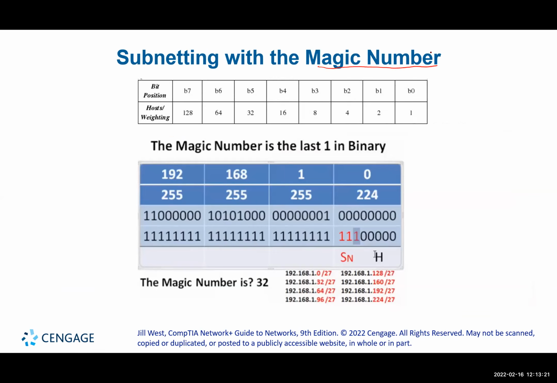So what is the magic number? The magic number is the value of the last 1 in the subnet mask. So you can look at this one here. This is the IP address, and this is the subnet mask here. So now, if you look at this one, for the subnet here,